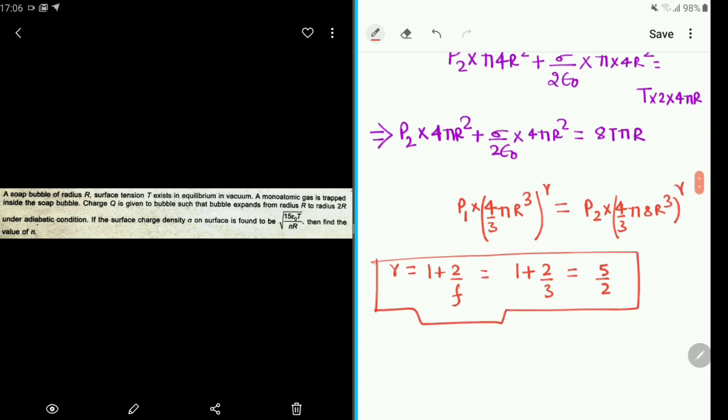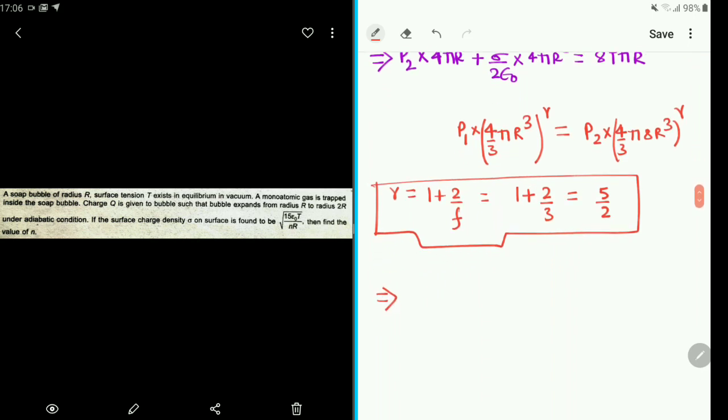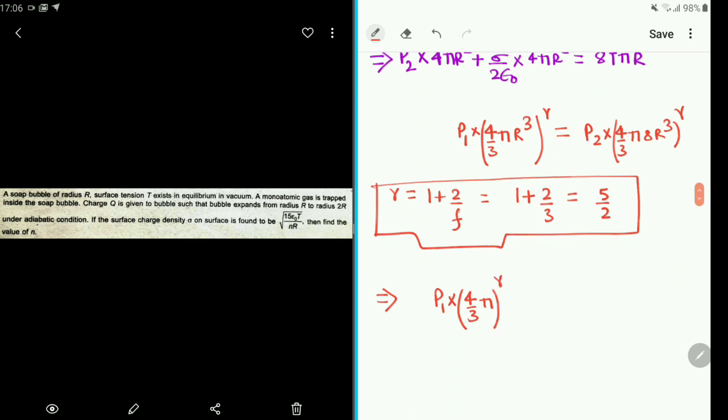This is from thermodynamics. So what is the type of gas? You can see in the question the type of gas is a monoatomic gas, and for that the degree of freedom is 3. So gamma is equal to 1 plus 2 by f, where f is the degree of freedom. So put the value 3 there. So what would gamma come out to be? Gamma is the Poisson's ratio. So gamma would come out to be 5 by 3.